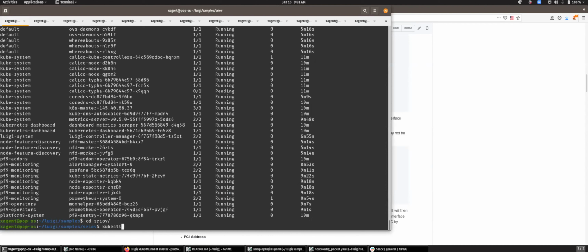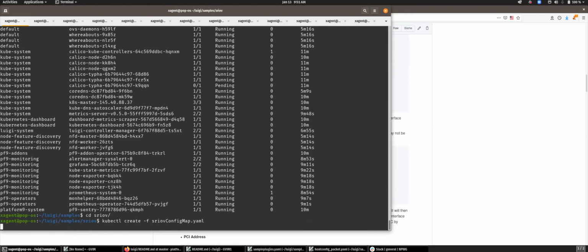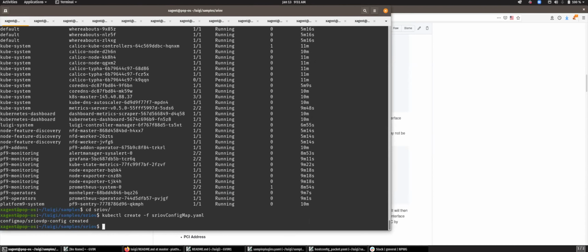So the first thing to do is, this is just a nuance of the SR-IOV device plugin. If you're familiar with SR-IOV, you have to define a config map for the device plugin that states what devices to watch for.